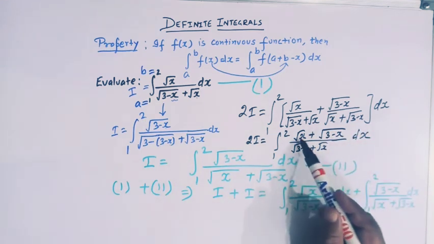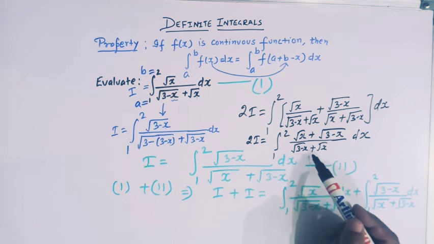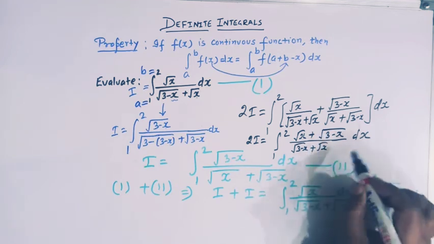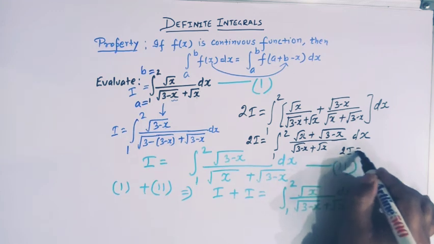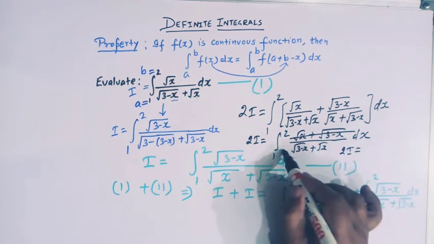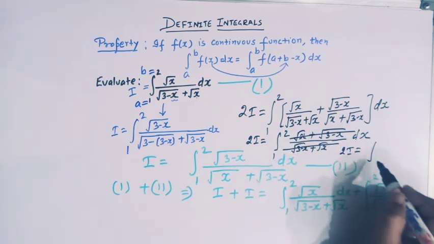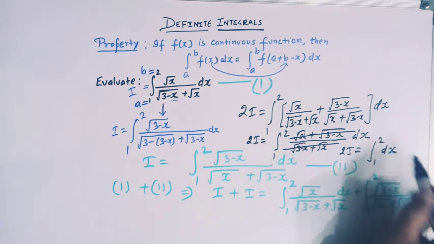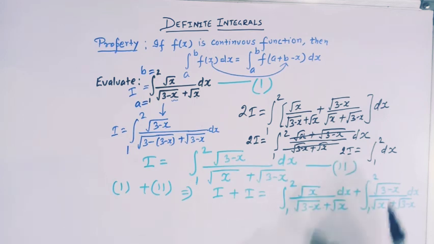And now we see that the numerator and the denominator both become equal, so these two terms get cancelled, and we are left with 1 to 2 and dx, right? Okay, so now